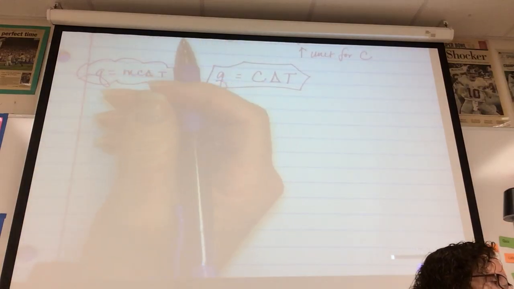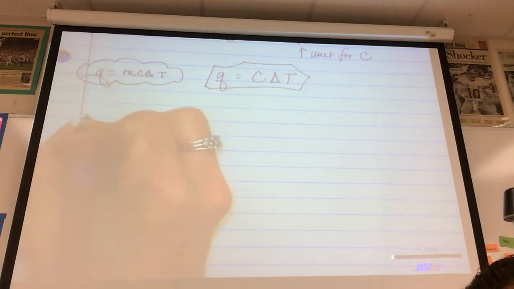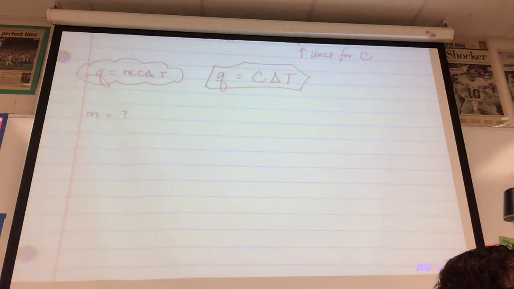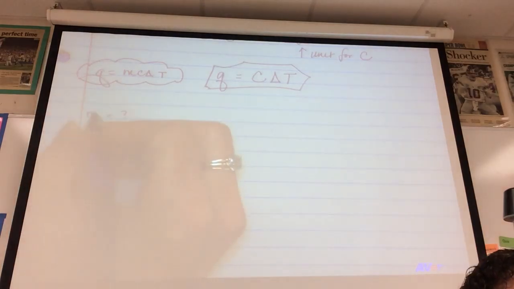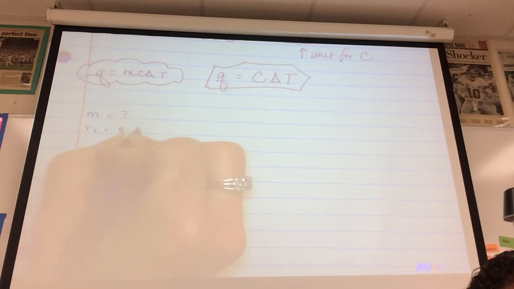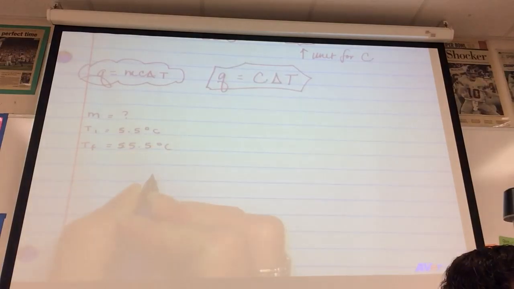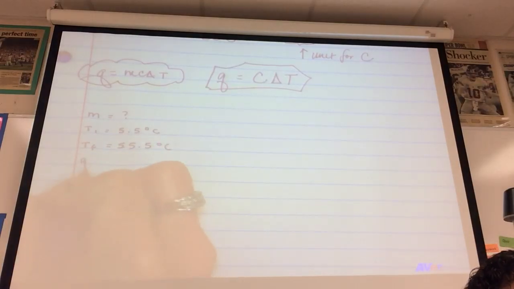The question says what mass of water, so we're looking for the mass of water, can be heated from, so the initial temperature is 5.5 degrees Celsius. The final temperature is 55.5 degrees Celsius,